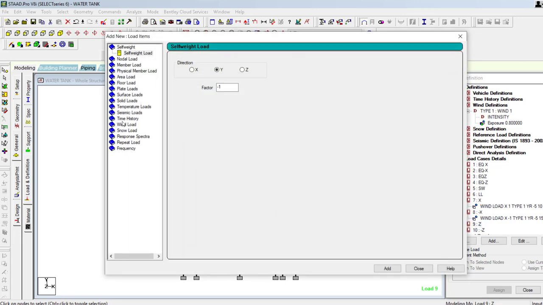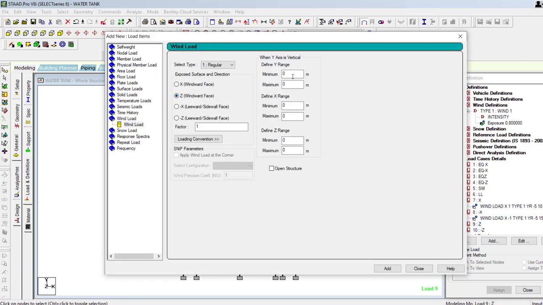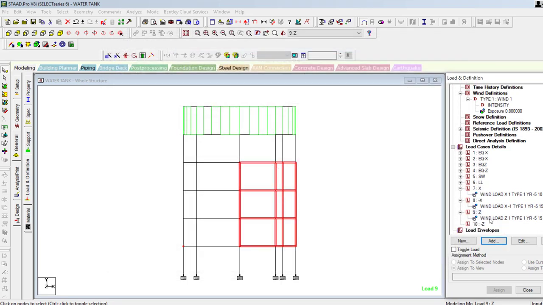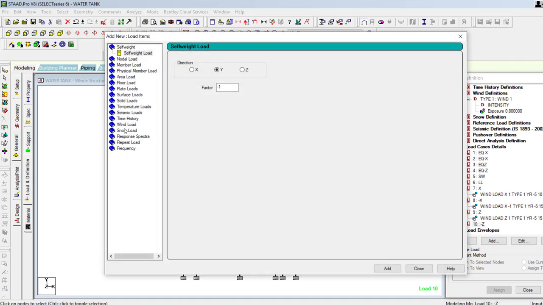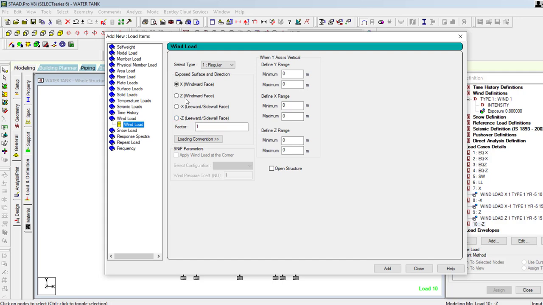Again for Z windward faces, -5 to 15 plus 15. You can vary the height depending on the requirement. Again for -z, wind Z, -1, -5 and 15 meter total height,